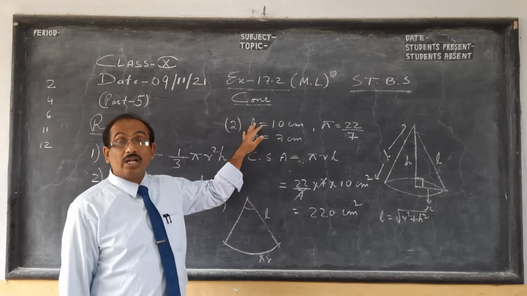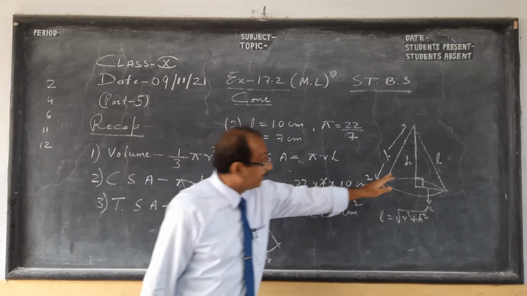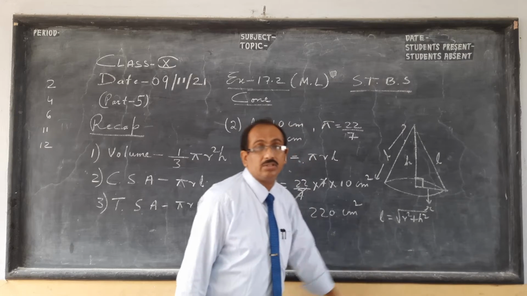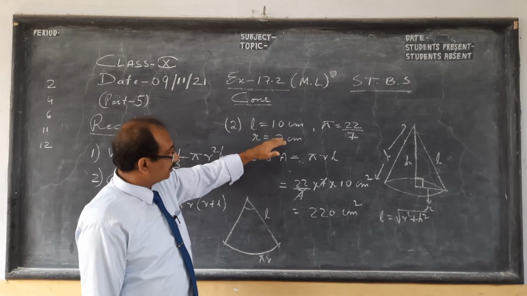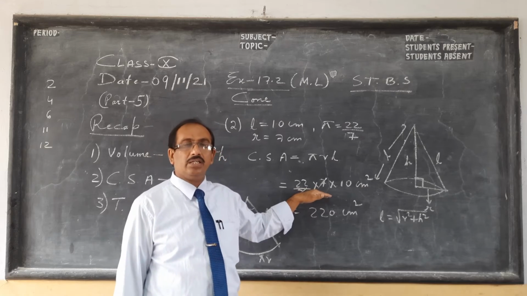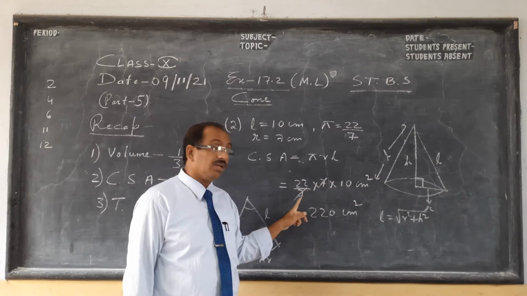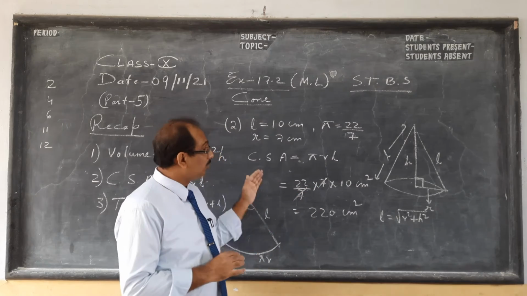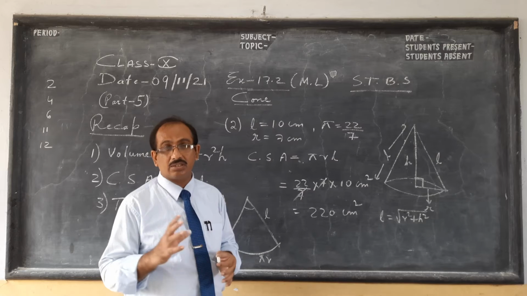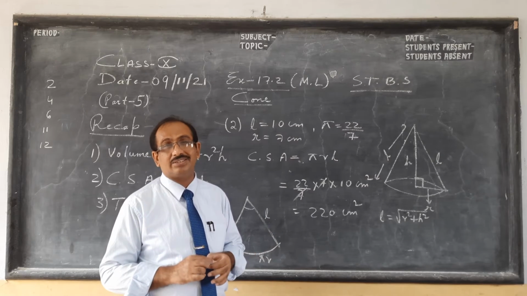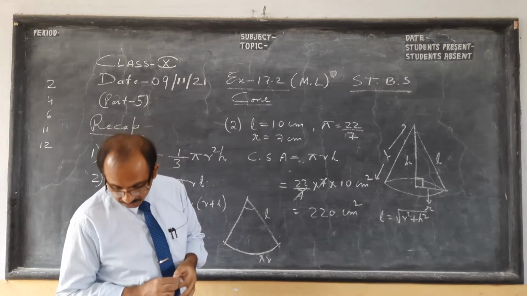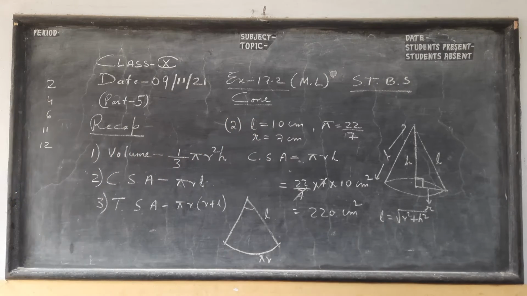Once more, here slant height was given already. Sometimes height and radius are given, and we have to find slant height by Pythagoras theorem. But here slant height and radius are given, and generally the radius or height given is a multiple of 7, because it will cancel easily. ICSE does not want to check your division and multiplication at this level. They want to see the concept in mensuration and other chapters. So kindly pause the video and copy, then we move on to question 4.